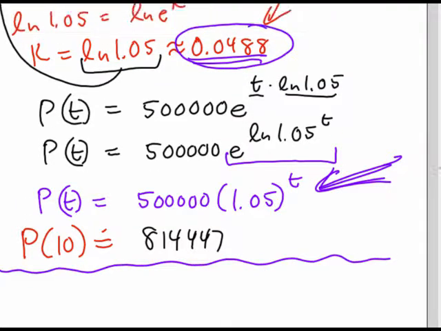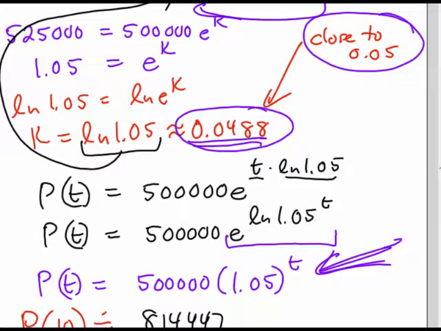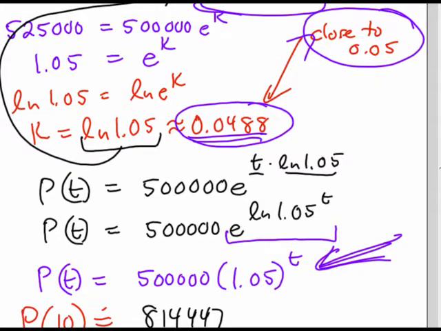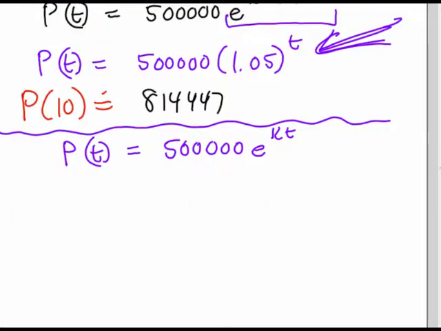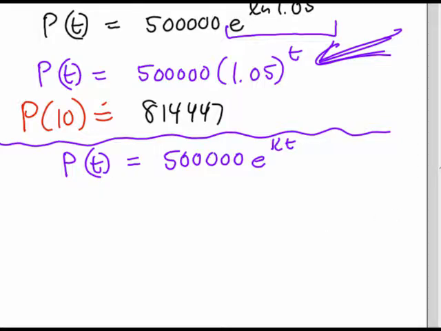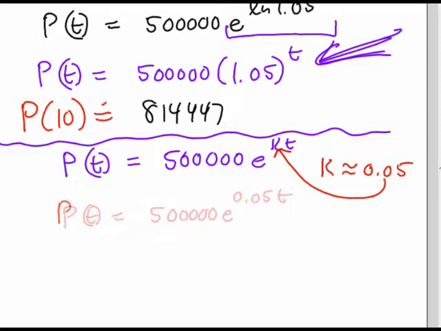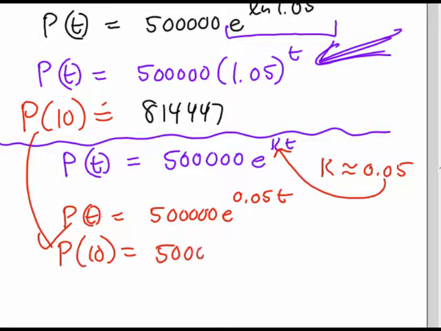Let me just come back to this issue about the value of k in a growth situation being close to the annual percentage of growth. Because of that, what some people do when they're estimating populations, and they're starting off with their formula, P naught, 500,000 times e to the kt, instead of going through all of the work of calculating k the way we did above, since the annual rate is close to the actual value of k, what they sometimes do is just plug in 0.05 right there. And now if we wanted to do the same question above, just to compare how the answers are, if t is 10,